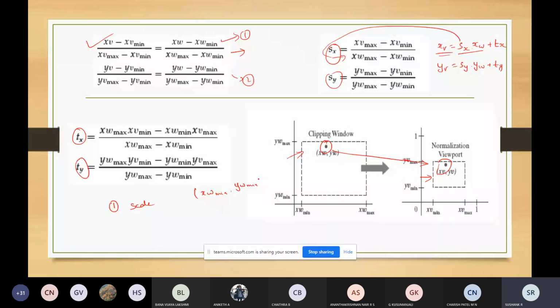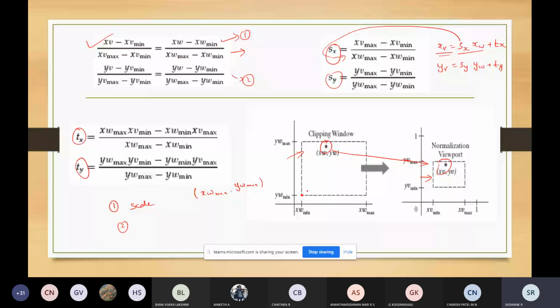First you perform the scaling of this clipping window to this viewport window using a fixed point position. What is the fixed point position? Xw minimum and yw minimum.